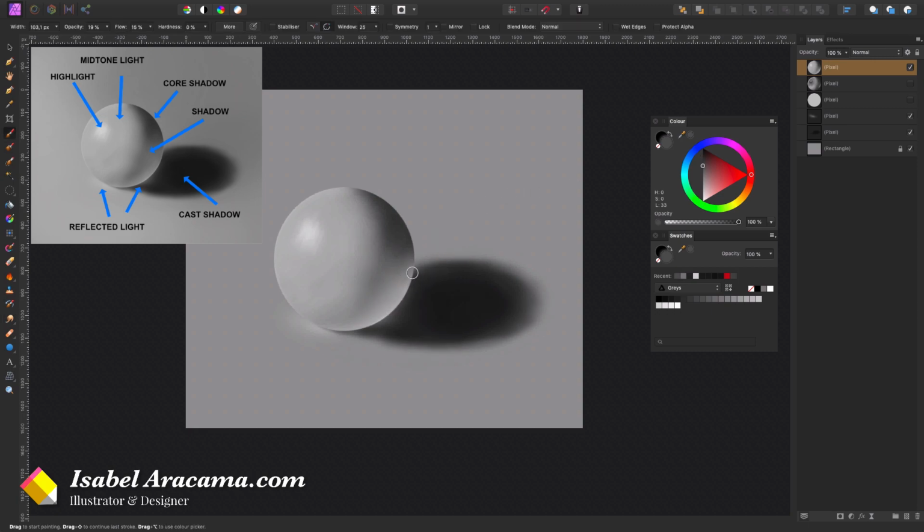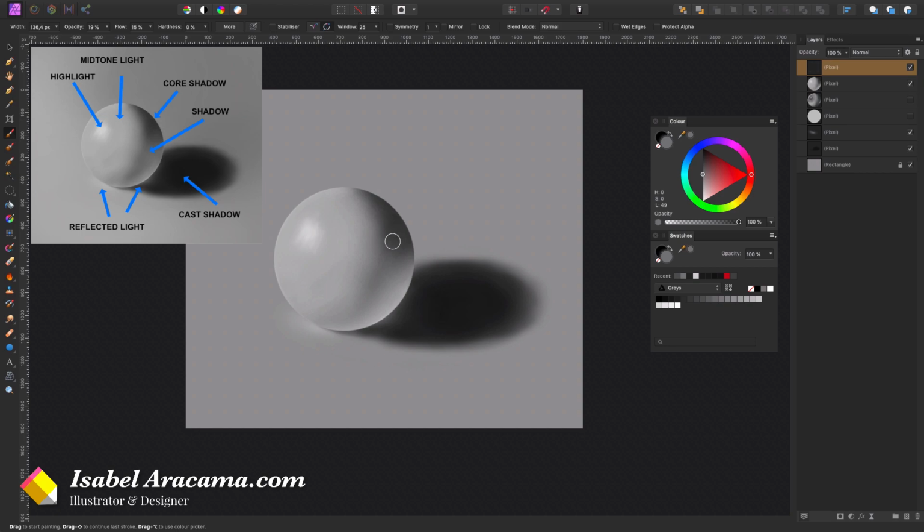Well, maybe the reflected light here is way too strong. I can work a little bit on that area, just not to make it so light, in another layer, just in case. And being aware that now I don't have the marquee, so if I paint here it's going to paint over that, so I have to be careful.